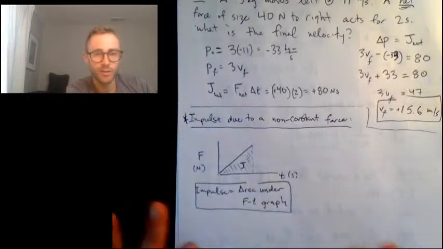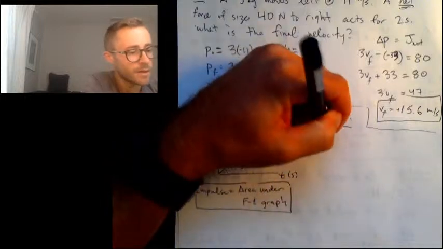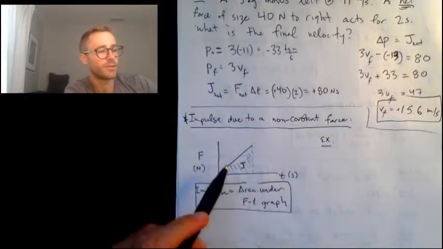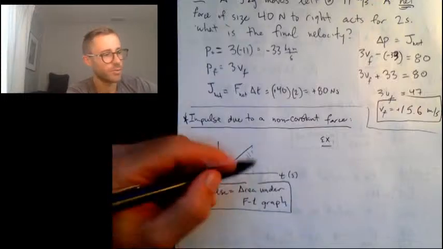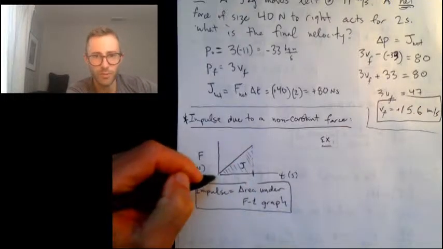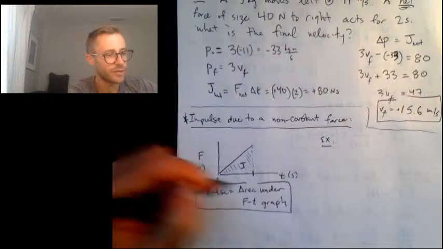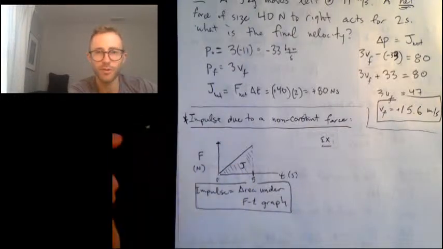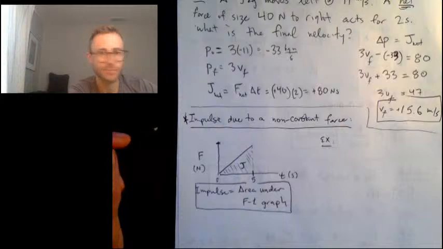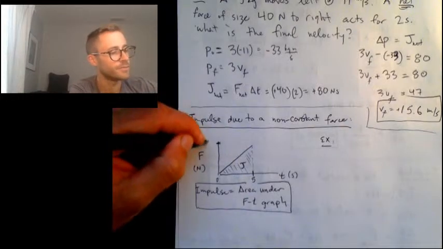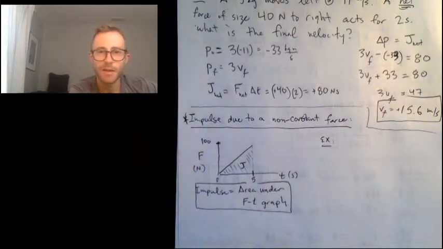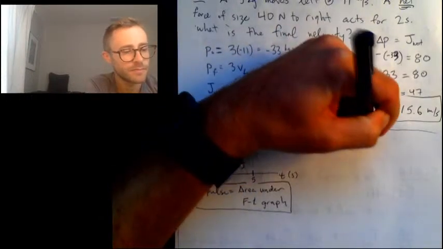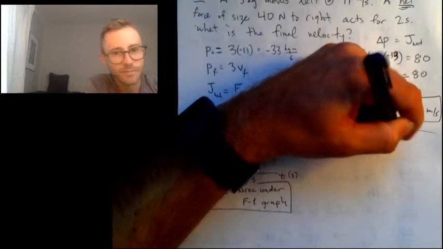So let's go ahead and turn this into an example. I'm going to actually put numbers on here. Let's suppose that this force ramps up from 0 seconds to 5 seconds, and let's suppose that the peak force is 100 newtons. And let's suppose that this force acts